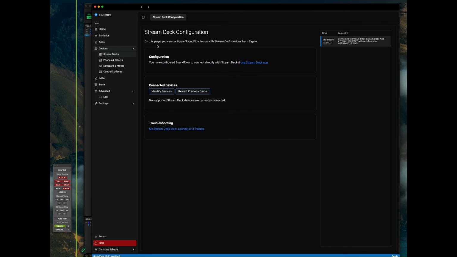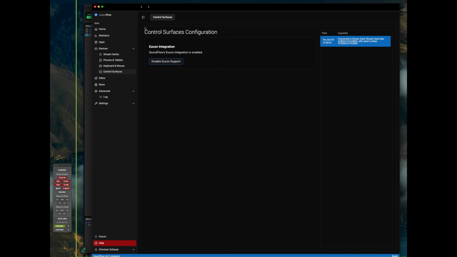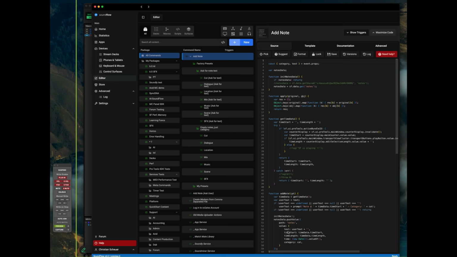That also includes these new device pages. Once you're setting up Stream Decks, there's a way to identify your devices and sort of color code them. If you've got a problem, we can link to the troubleshooting article. You can see a log for exactly what's going on if you have problems with them disconnecting, for example. And we do the same for phones and for Yukon here, and we'll add more controls here for MIDI and HUI and all the various tools that we support. So it just becomes clearer for a new user who doesn't necessarily want to get to understand this entire